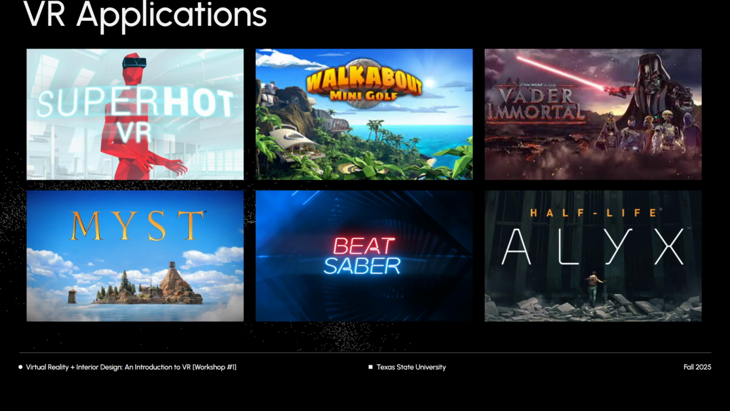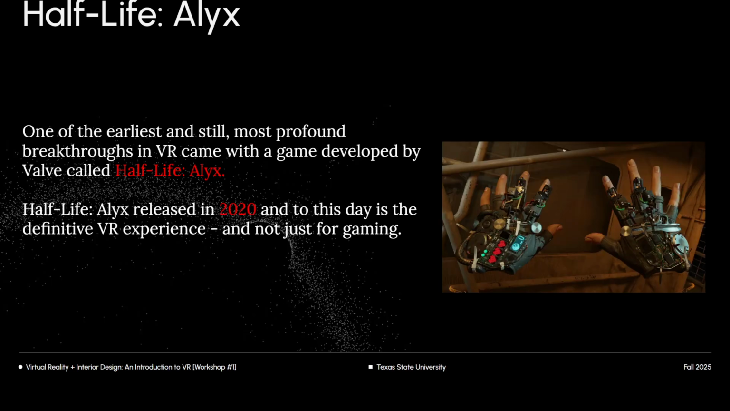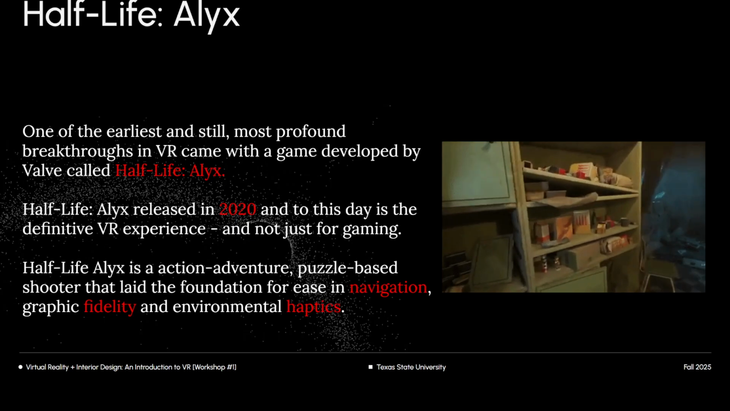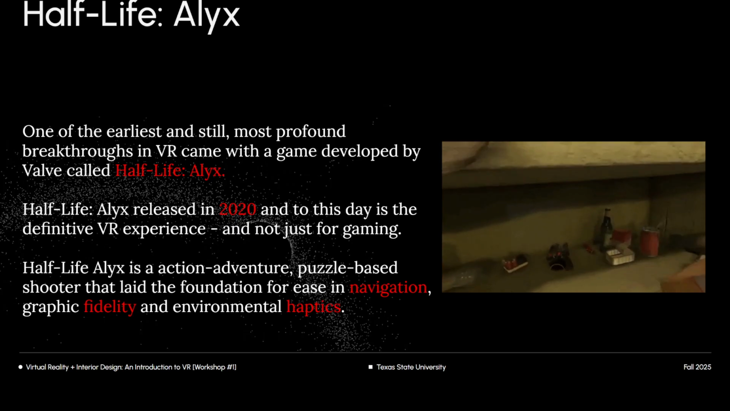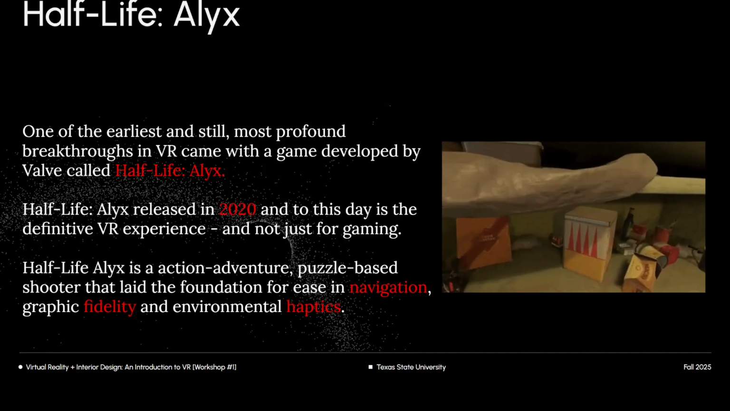But one in particular that has really set the scene, and that is this one on the bottom right, which is Half-Life Alyx. So it's one of the earliest VR games, and it's still one of the most profound breakthroughs in virtual reality. And it came through the company Valve, who just released the Frame. It released in 2020, and to this day is the definitive VR experience, and not just for gaming. It is an action adventure puzzle based shooter, but it laid the foundation for ease of navigation, graphic